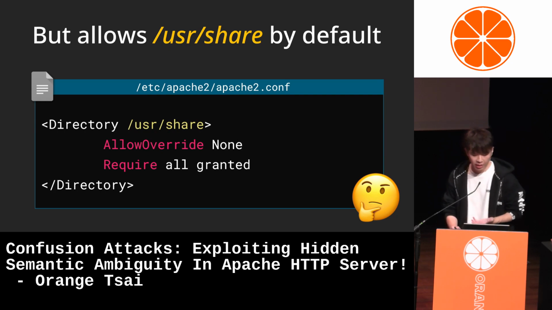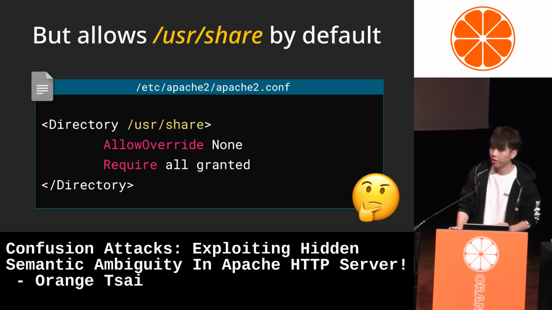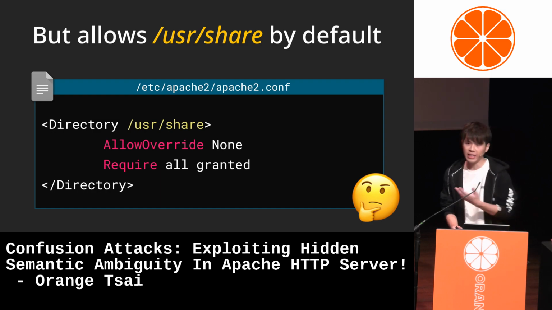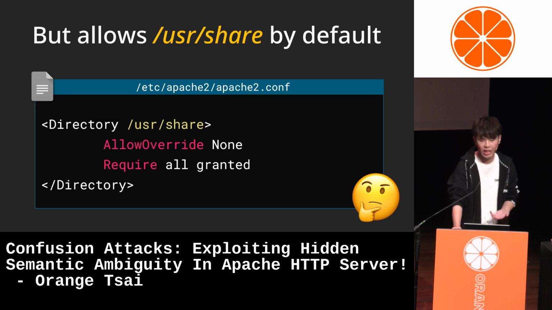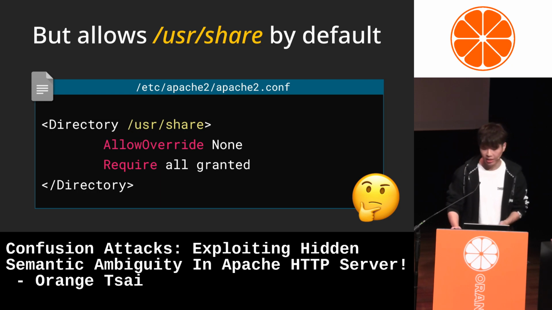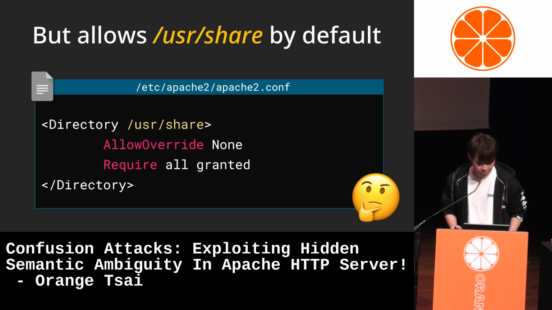However, the built-in access control by default allows access to the folder /usr/share. And thanks to this configuration, we now have a limited arbitrary file access on Apache HTTP server.